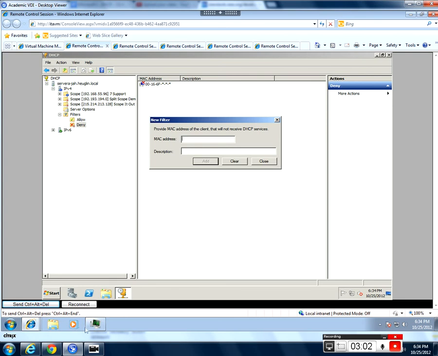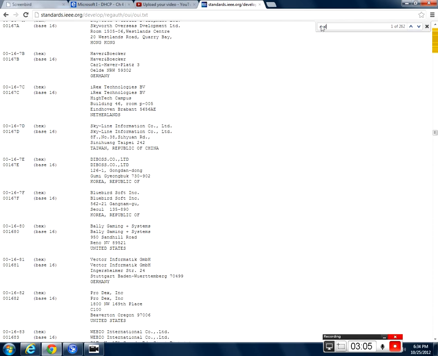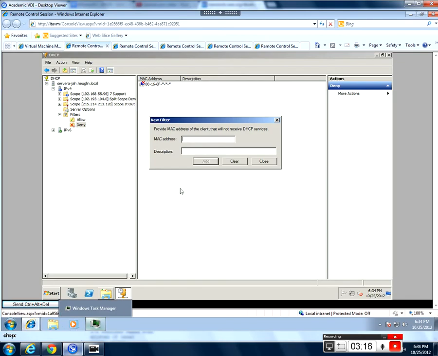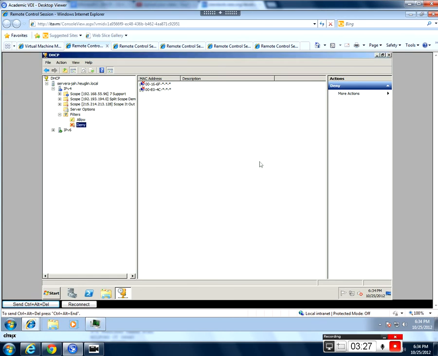The next thing I want to look up is Realtek, and there's only one entry for that. So 00E04C. So we'll put in 00E04C dash, and then an asterisk again, covering all of those. Alright, so we're saying, listen, any NIC that has an OUI that starts with these two, we're going to block. Now, to deny anybody who has those NICs from getting an IP address from our DHCP server,